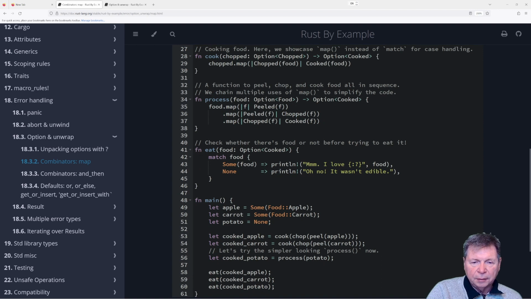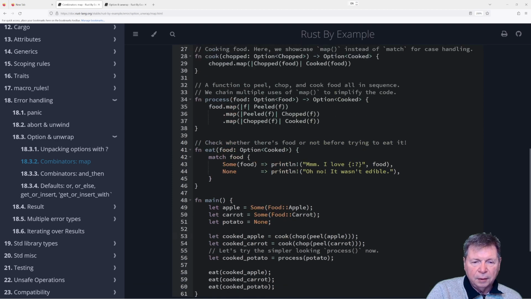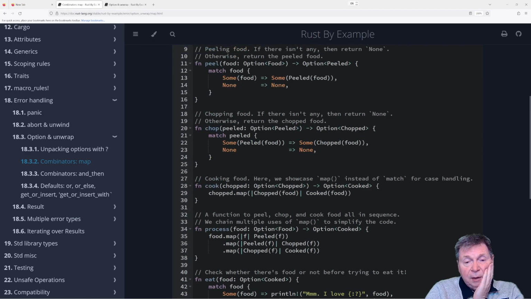Food.map. Oh, cook, chop, peel, apple. Oh, for God's sake. Okay. Option cooked food.map, that map, that map. Wow.